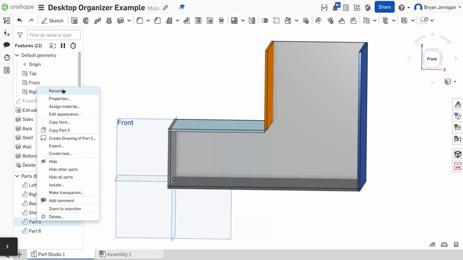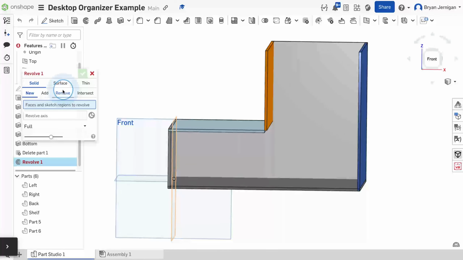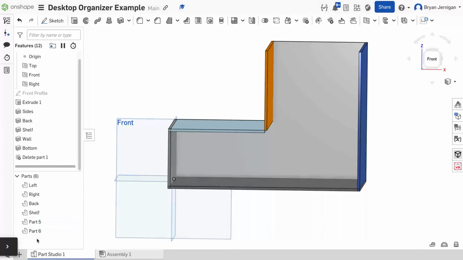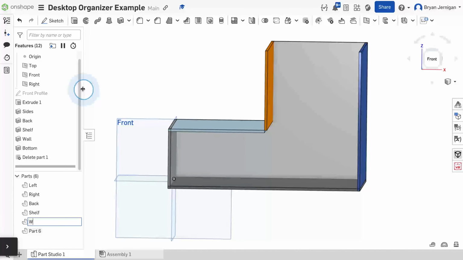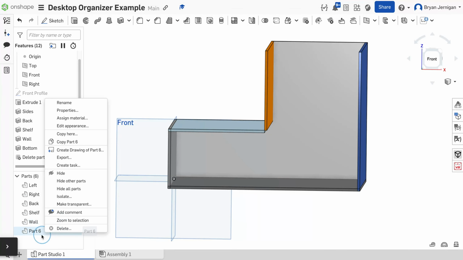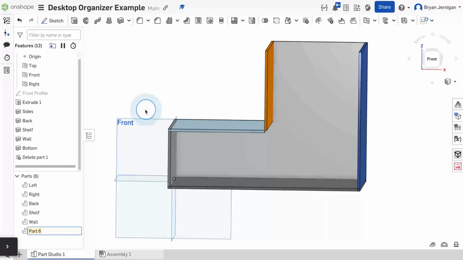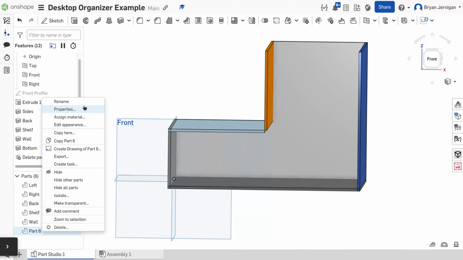It's going to be the wall. And finally, rename. This is going to be the bottom. Okay. So once I have everything renamed,